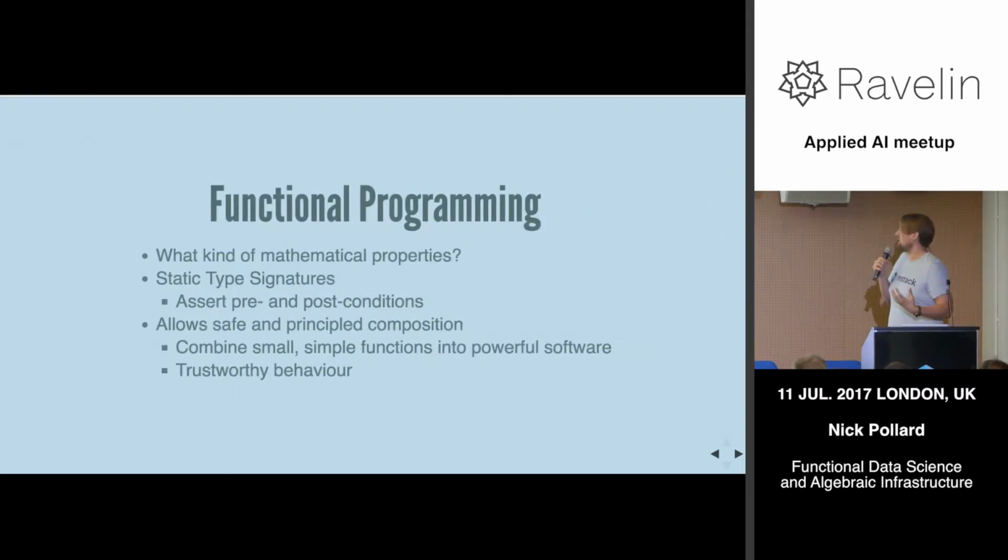Now, what kind of mathematical properties might we want to actually declare about our code and assert, and how can we do this? Well, one of the big things in a lot of functional programming is using static typing. So this is defining types for inputs and outputs of our functions, the kinds of variables that we're going to get in, the kind of values that we're going to return. And actually, in a powerful type system, these tell us an awful lot about the pre and post conditions of our functions. So we can say, again, guaranteed, the value you get back, no matter what this function does, no matter what inputs you put in, what you get back is going to satisfy certain constraints.